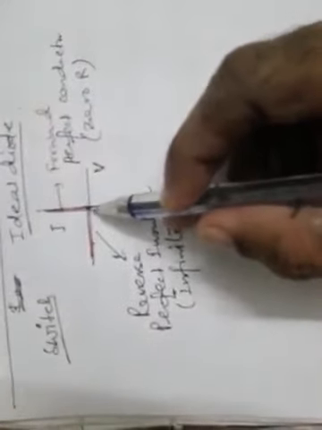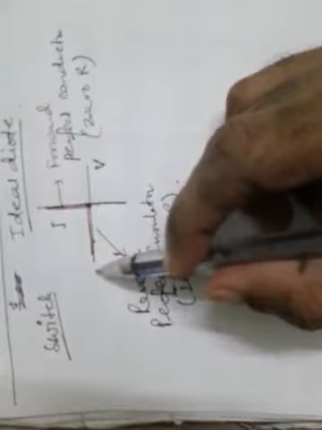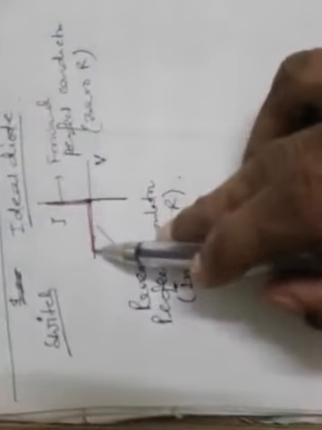On the contrary, in the reverse direction, as we go on increasing the reverse voltage in the negative V direction, the current will remain zero ideally. Because it is ideal diode, it will work as a perfect insulator of infinite resistance. So perfect conductor means high current and perfect insulator means zero current. So it will graze the current axis in the reverse direction, that is negative V direction. So this is the way of working of ideal diode.